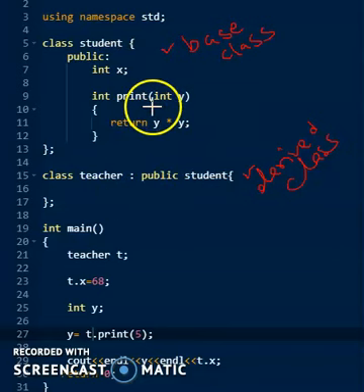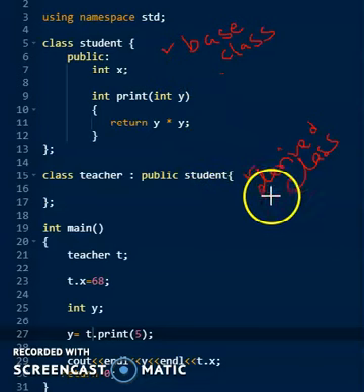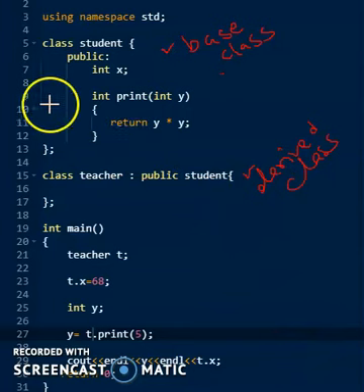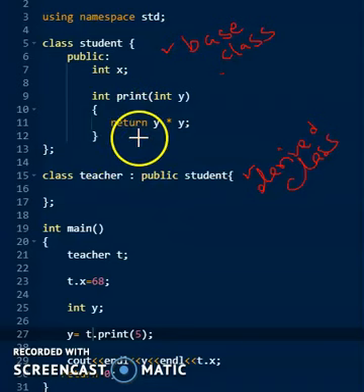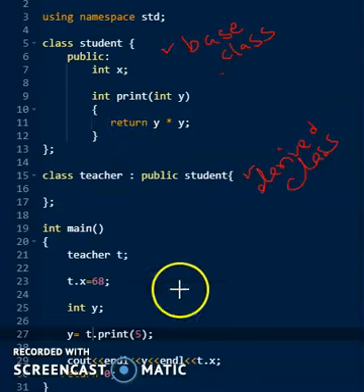And this is the base class because all the attributes, that is the variable and print function, are available here, and it is allowing other classes to inherit from it. So this is a base class. The class from which we are inheriting is called a base class, and the class which inherits the properties of the base class is called a derived class. And this is called single inheritance, that is, one class inheriting the properties of another class. Like this we have multiple inheritance and multi-level inheritance. We'll be talking about those things in the next videos.